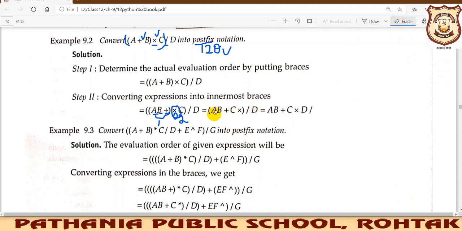Once you have written this complete part, it becomes your first operand, this becomes your operator, and this is your second operand. Fine. Now again you will solve for it. How will you write the first operand? That is ab plus 2 multiplication. So you will write this as it is. The second operand is d, you will write it, and this is your operator. I hope it is clear. So finally we have got the complete postfix expression.